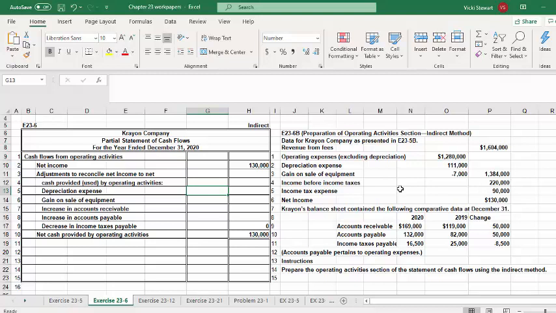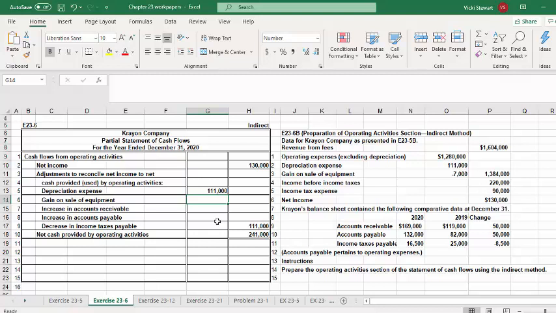So the first thing that we will be adjusting is the depreciation expense, which is shown on the income statement separately as $111,000. So we know depreciation expense is a non-cash expense that reduced net income, so we're going to need to add that back. Next, we see in the income statement that there is a gain on the sale of equipment